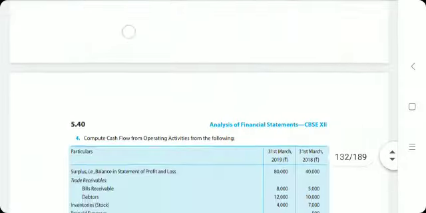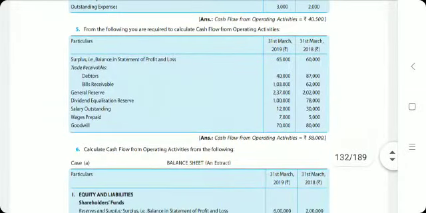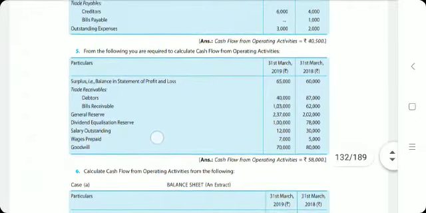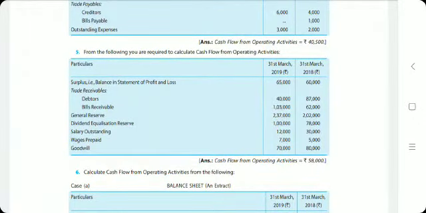So in this question, exercise 5, goodwill is decreasing, 80,000 minus 70,000. So you may say, madam, it is sale of goodwill. But when will you sell goodwill? You will sell goodwill only when you are selling your business to someone else. Okay? When you are selling your business, why should you prepare cash flow statement? So whenever goodwill is decreasing, or for that matter any of the intangible assets, if they are decreasing like patents or trademarks, no other information is given in the question, assume that it is written off. It is not sale, it is written off.